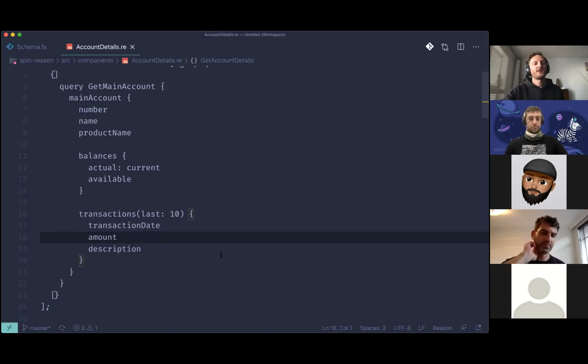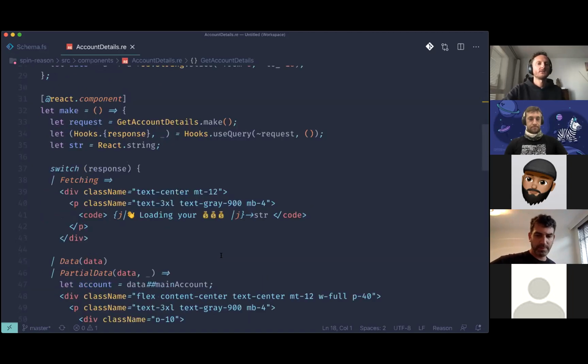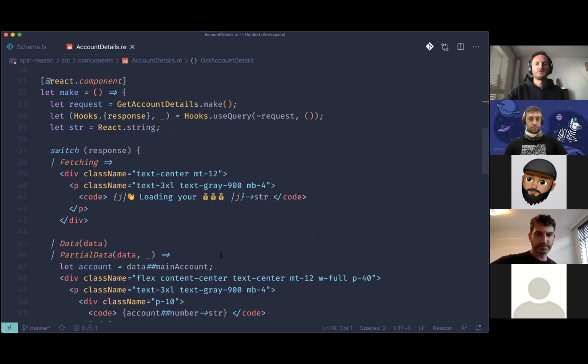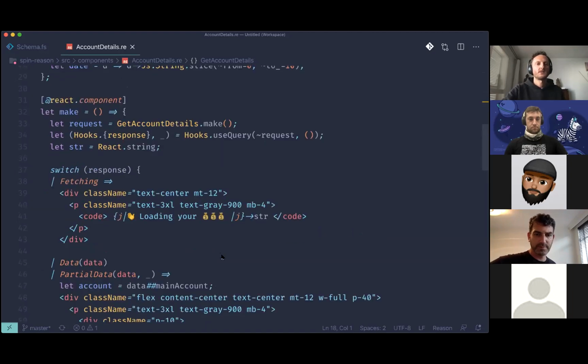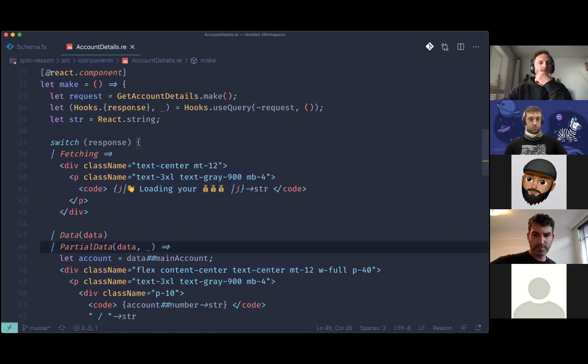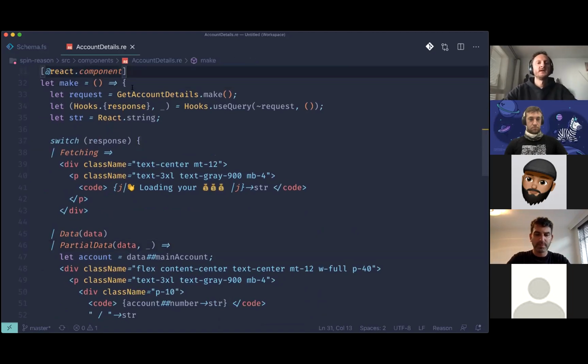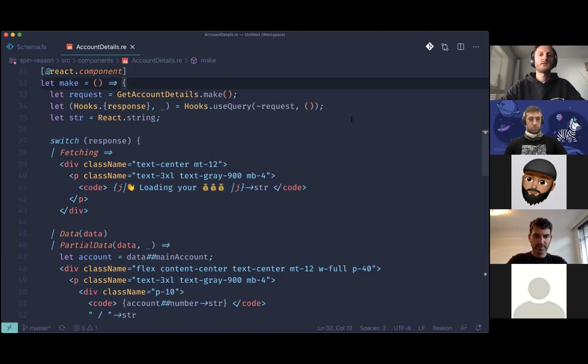And this being a React app, we're just going to scroll down, and we've got some annotations for the React component. I'm not sure why my scrolling is so laggy. We've got some annotations here that this is a React component, and the query was called get account details, and we're going to use a React hook for running that query. What that means from an API point of view